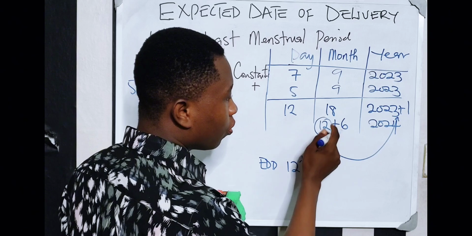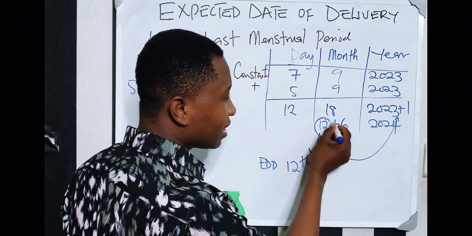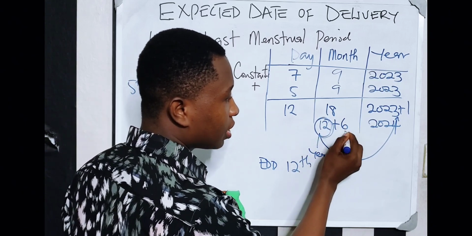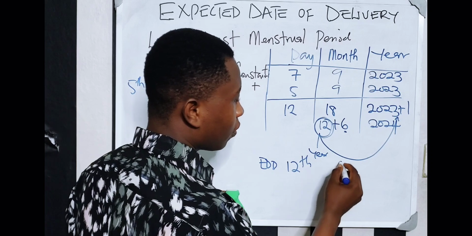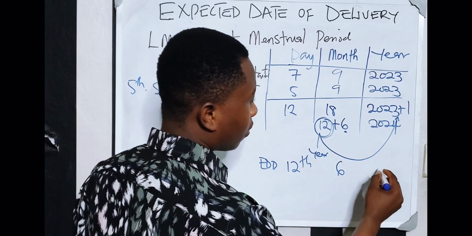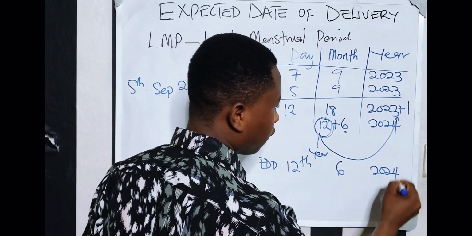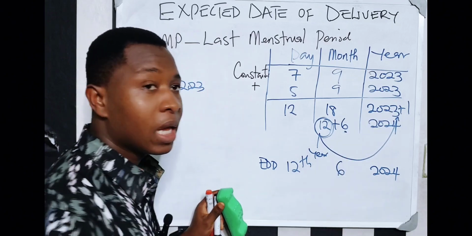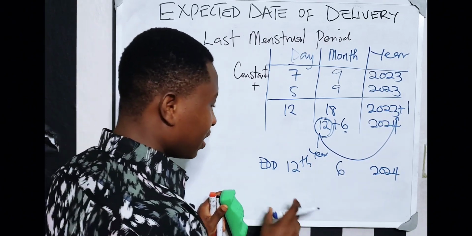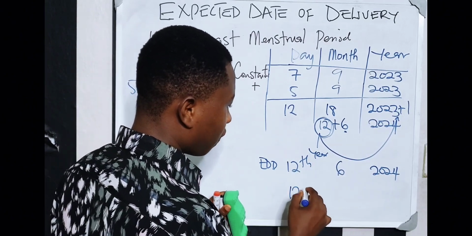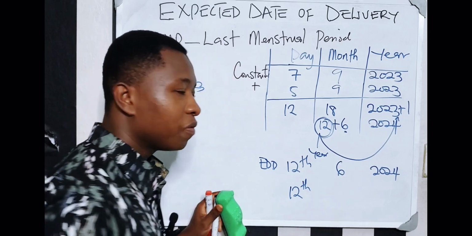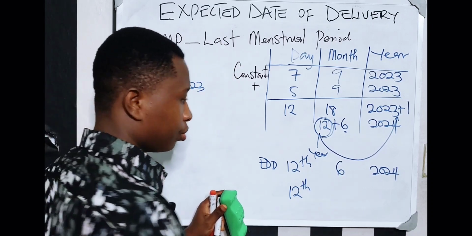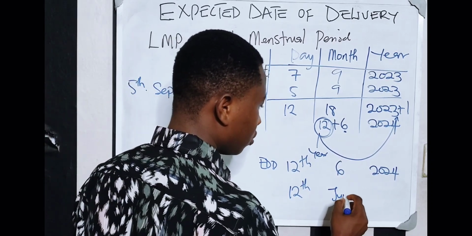12th of... remember we sent out 12, so we are left with just 6. So it will be 12 of 6 of 2024, not 3 now, because we've sent 1 year and added to 2023. Now the expected date of delivery will be 12th of... what's the 6th month of the year? Should be June. So it will be 12th of June